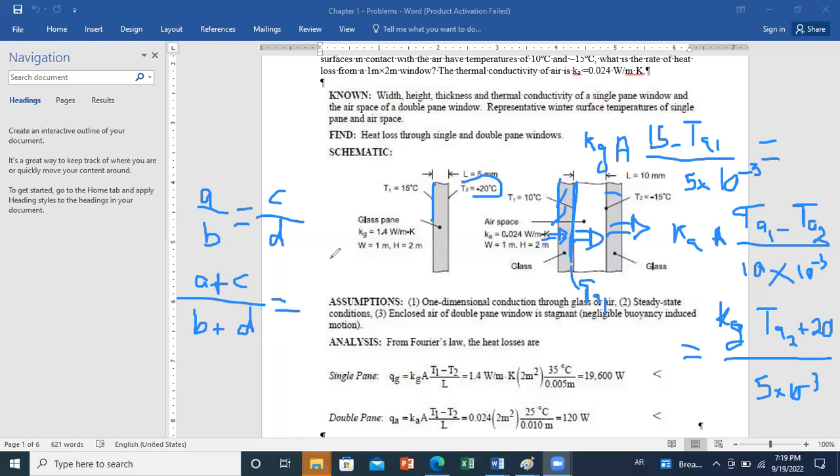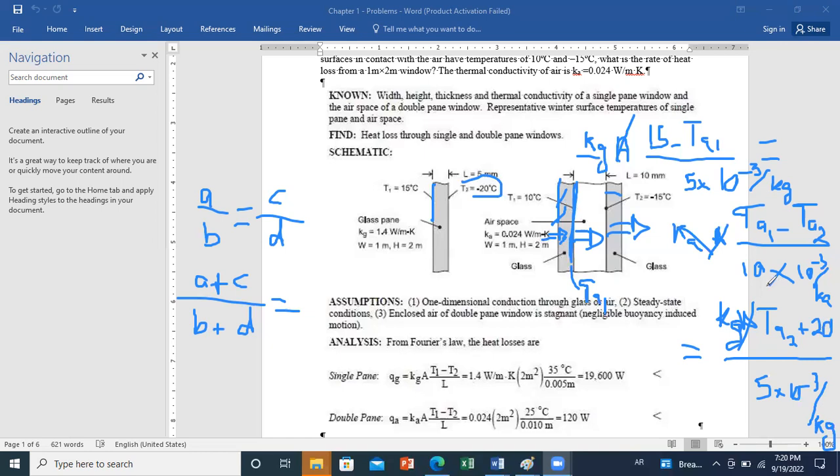Okay, this is why a good idea here will be, after simplifying the area, you can take the K term to the lower side, and here you do over Kg, here you do over Kr, and here it's over Kg again. Now when you add the numerators of the 3 terms and the denominators of the 3 terms, you will have 15 minus TA1 plus TA1 minus TA2 plus TA2